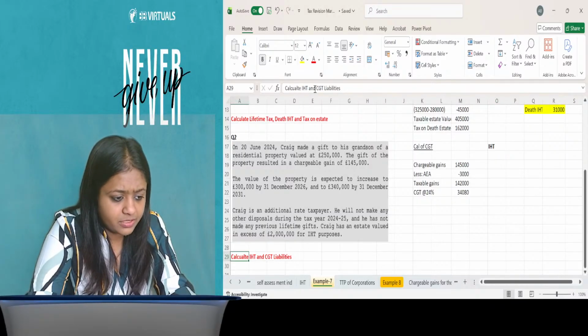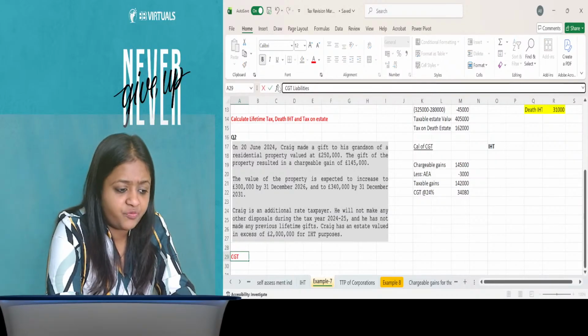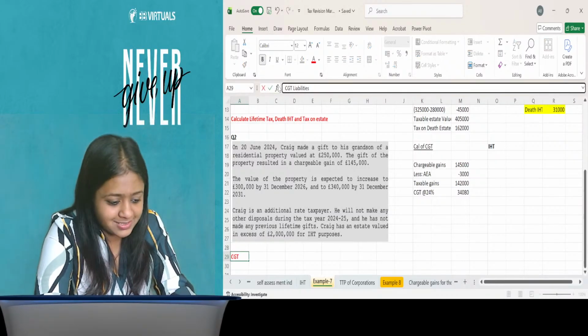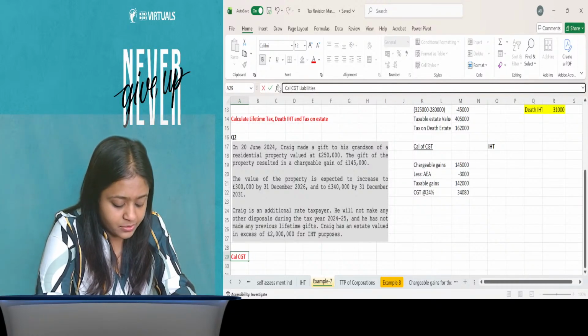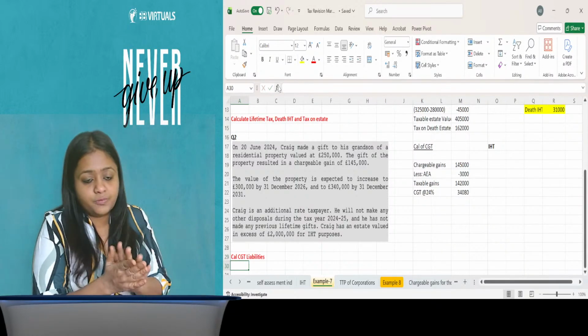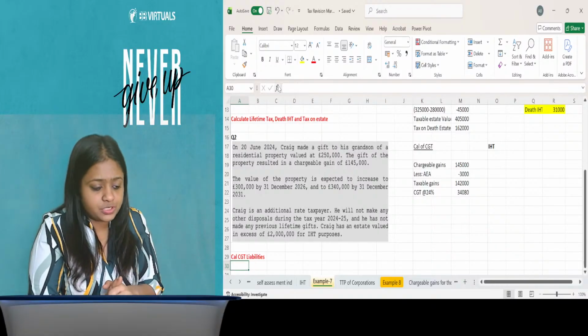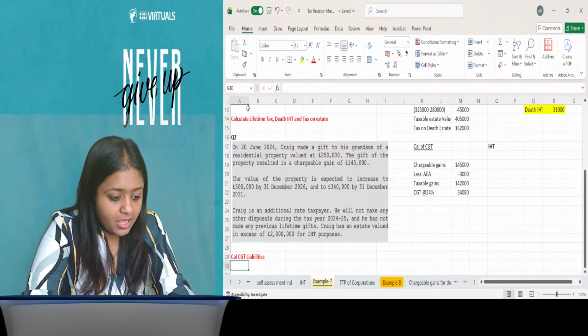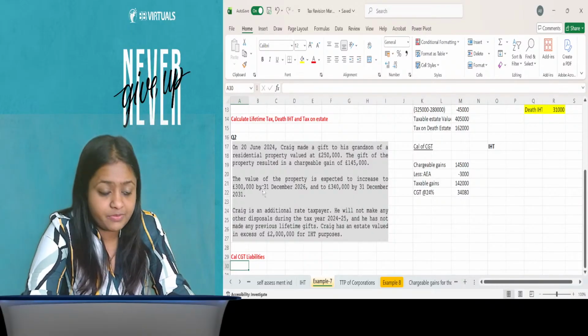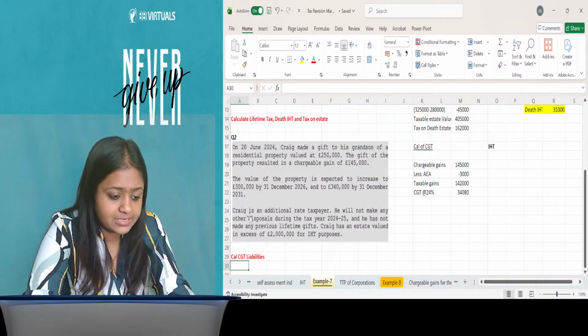Yeah, so better leave this because there is a bit of a portion that is relating to ATX. So let's not do it. Just let's do the calculation of CGT liabilities only. Okay, so leave this portion here. But however, we can have a tax saving part calculated here, because if we will have a tax saving part, yeah, that we can calculate, that we can discuss also.